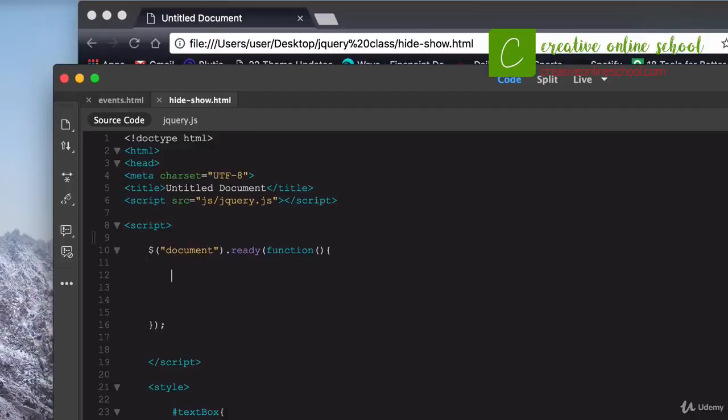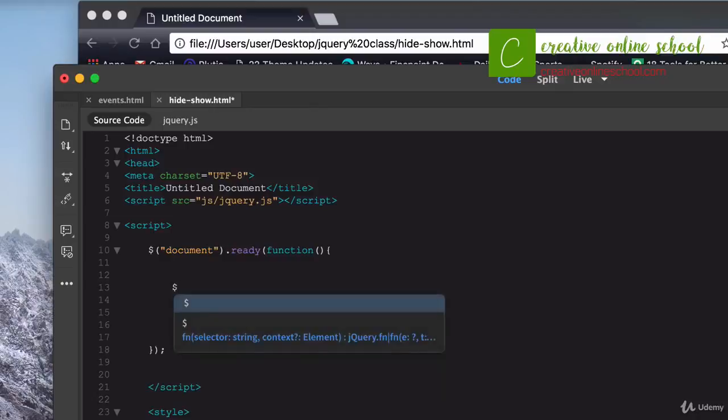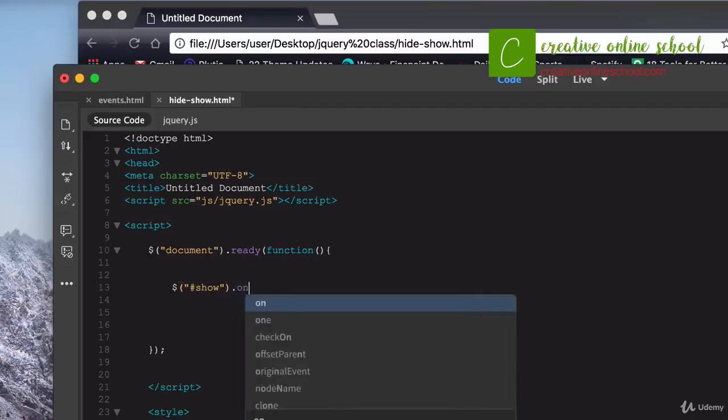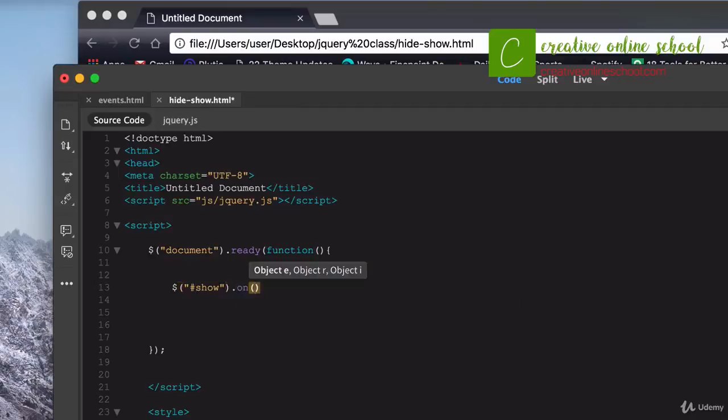So what I'm going to do is up here, I'm going to keep this same line that we started out with where it says when the document is ready, start this function. Add a little bit of space right there. So the first one we're going to do is start our jQuery tag right there with the $ sign. And I'm going to, just as before, open up a string right there and say target the show, which is what we created down there, and on. So it's going to create another event